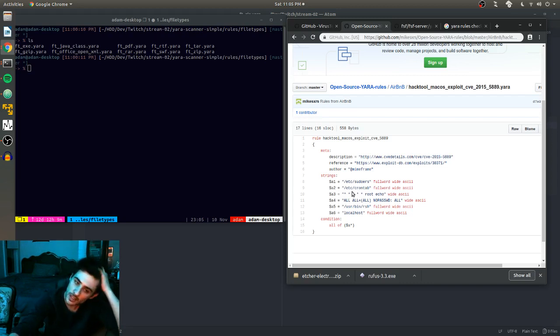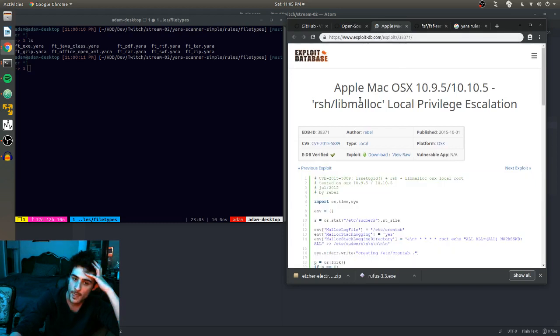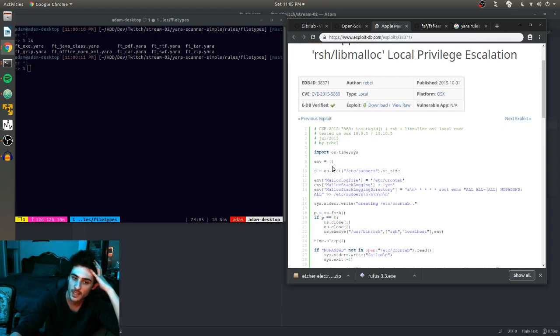I also don't really know how I can find some of this stuff. Like, how are you checking a file for this? It's just a string of, so these are keywords, I guess. Full word wide ASCII. Just trying to find that inside of it. Maybe, I mean, let's just check this out. This is also from 2015, but